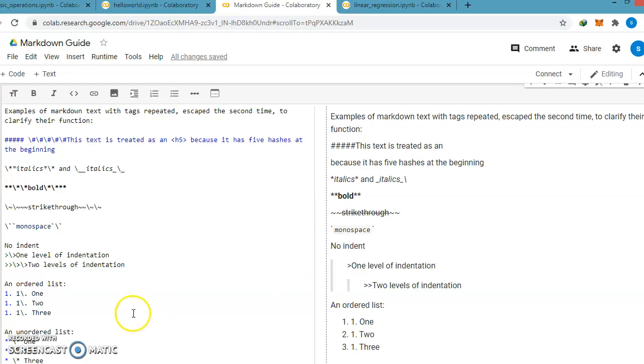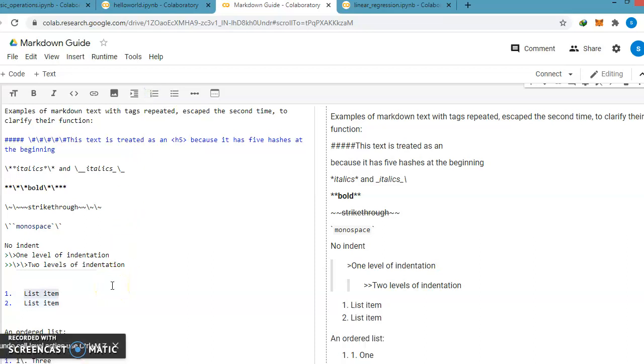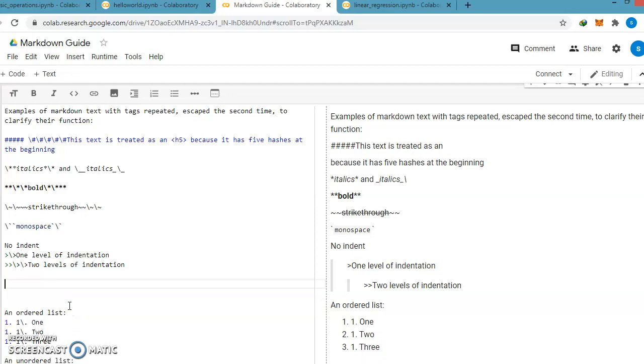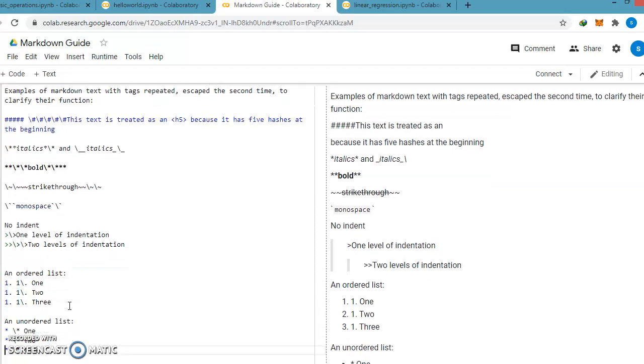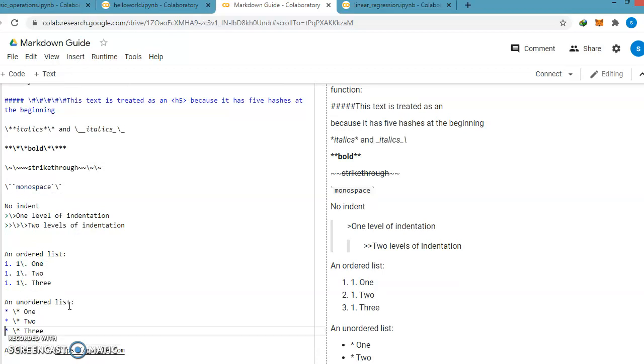Then an ordered list, and next one is the unordered list, that is also over here. You simply click and you get an ordered list and an unordered list. I'm just deleting it simply. This option already works. We don't have more time, that's why we are covering it a bit fast.